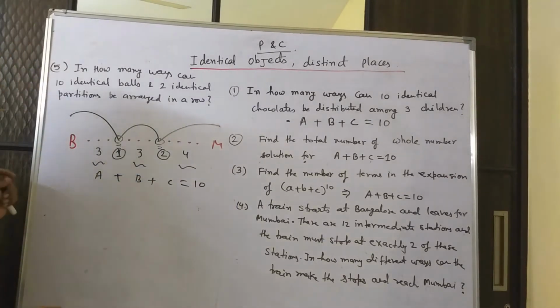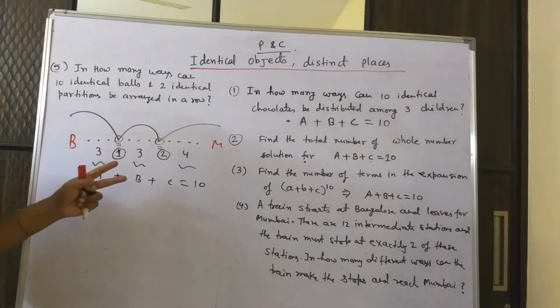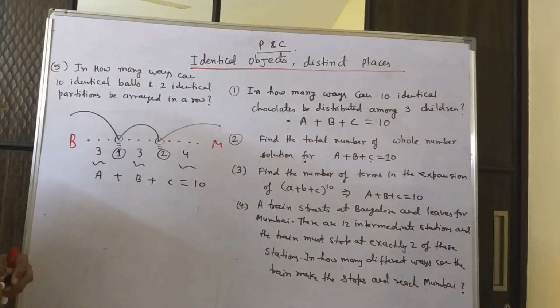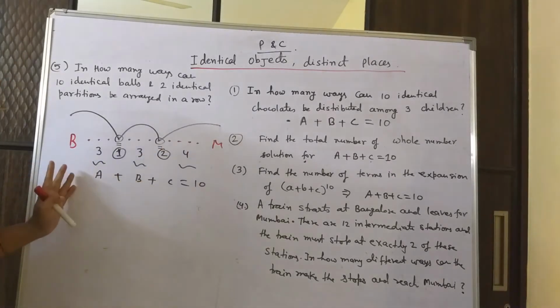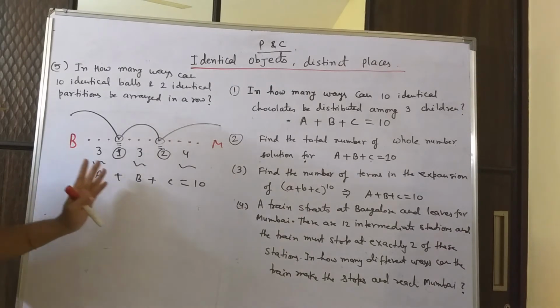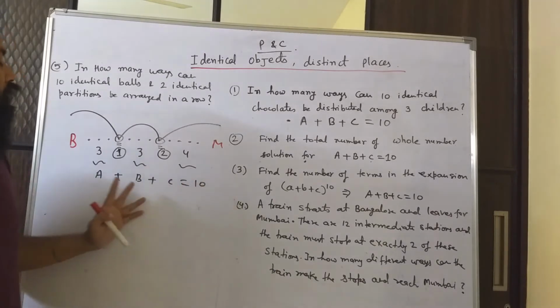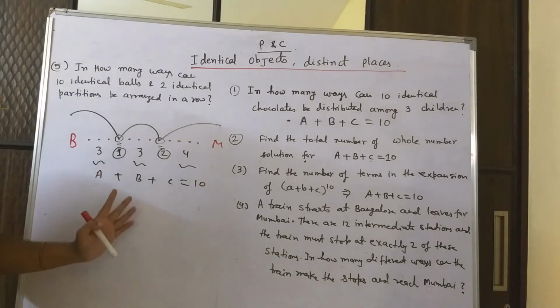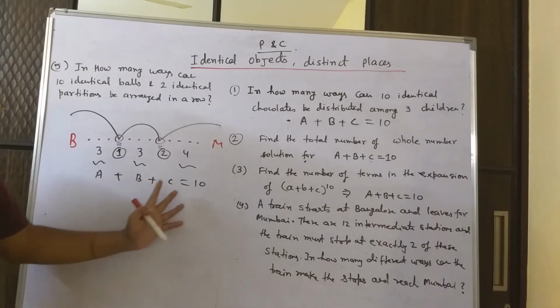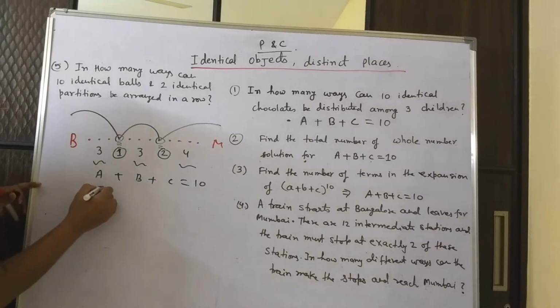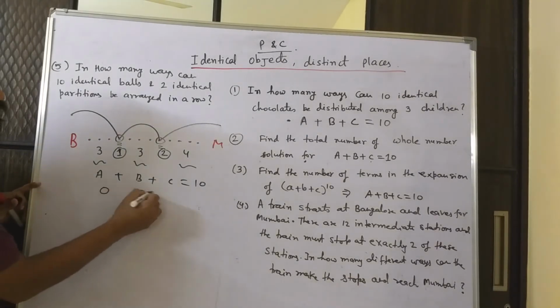So what you saw, the 2 stations out of 12 will be acting as stoppages, and the remaining 10 stations will be coming in between. And these 2 stoppages will divide the entire journey into 3 parts. Before the first stoppage, that is between Bangalore and the first stoppage, then between the first stoppage and the second stoppage, and from the second stoppage to Mumbai. And the number of stations in these 3 parts of the journey can be added, and we need to get the sum as 10. And obviously you can have the answer as 0, 5, 5 also.